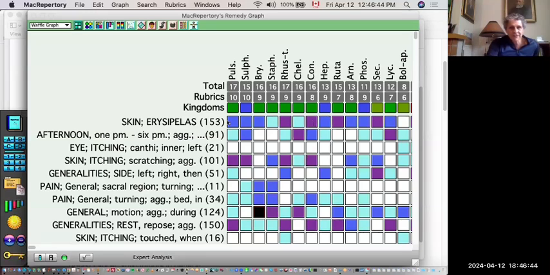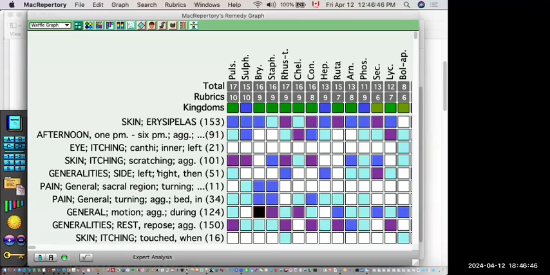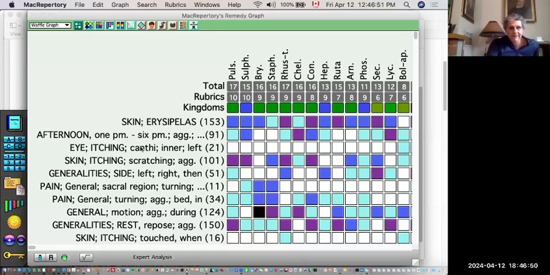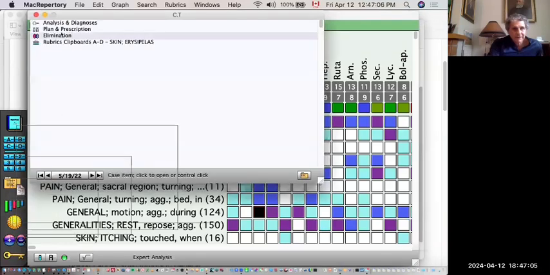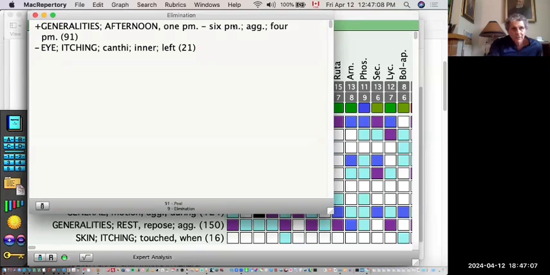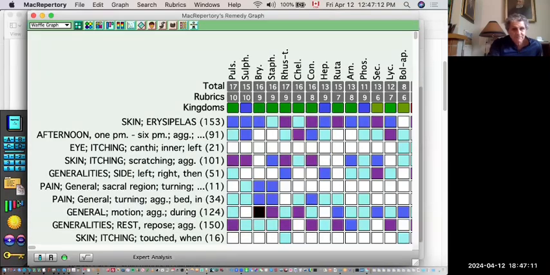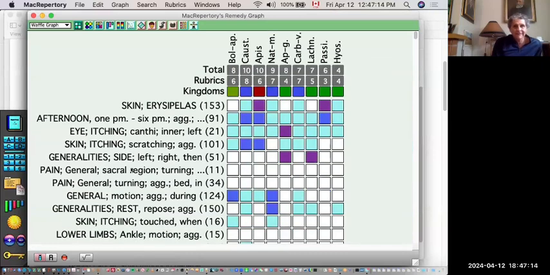Okay, so she developed a new symptom, which was that it started to itch in her canthi. Aside from the legs, it started to itch in the canthi, and it went from the right to the left. And here you'll have the representation. And if we look here at the elimination, so every day at 4 she would get worse, and it was especially bad in her left canthus.